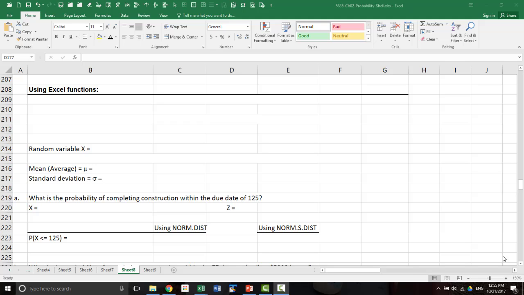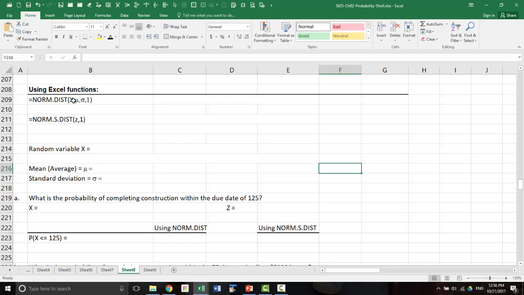So far we've been using the standard normal table from the textbook to find probabilities. But Excel gives you four different functions, well, two different functions for probability. There are totally four functions, but we will come to the other two in a little bit. There are two functions available in Excel that can be used to find probabilities. And that's this